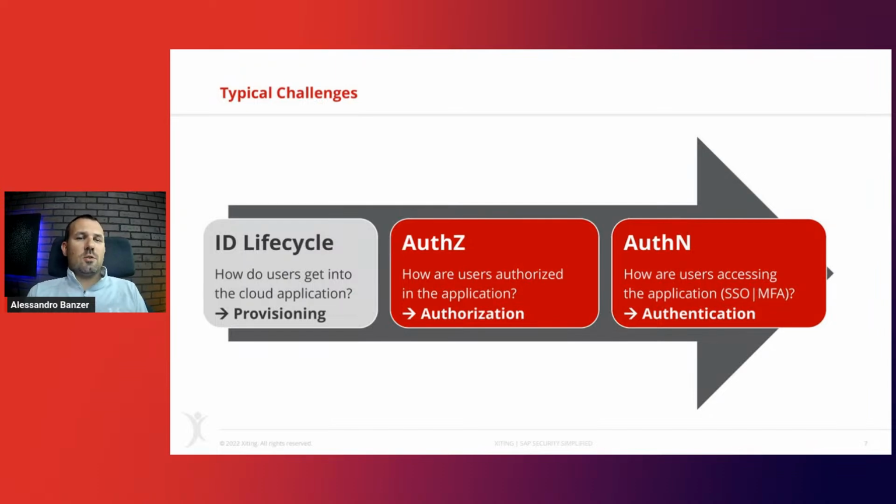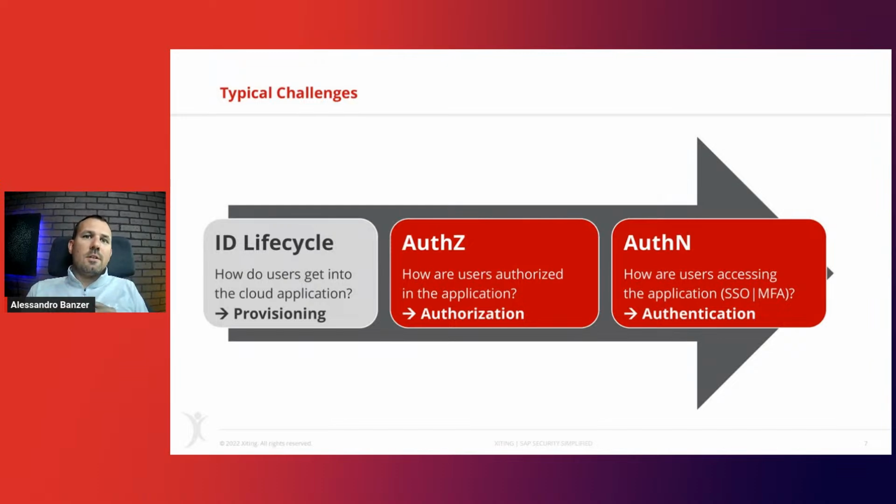And then last but not least, how can users authenticate? How can they access an application? We know user password, but user password nowadays is almost outdated. We have single sign-on, we have multi-factor authentication. A user and password is not enough anymore. We need a second means of authentication, like for example a passcode, or an app on our phone where we have to approve a login request, and so on. So those are the challenges that pretty much everyone faces.